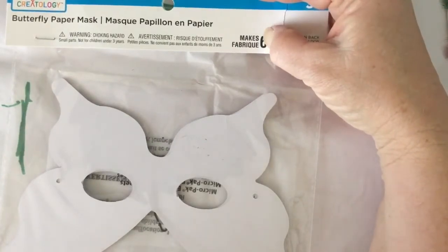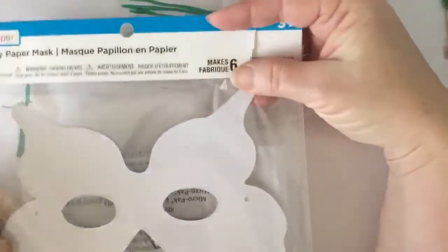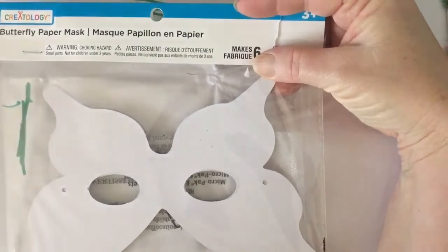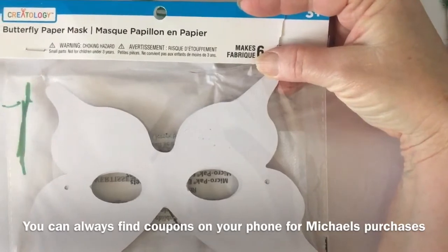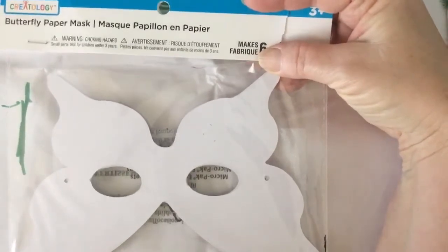So I wanted to just show you this little package I got. I believe it was $1.99. It has 6 little masks, this one are the butterflies. They have little bear ones at Michael's. Of course, if you use the 40% off coupon, they will be cheaper. But it gives you an opportunity to make a whole lot of different masks for each week, or for any